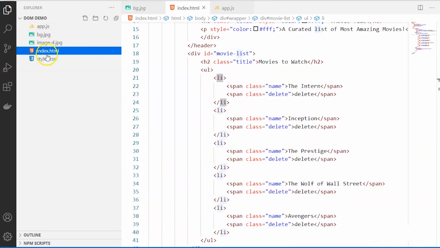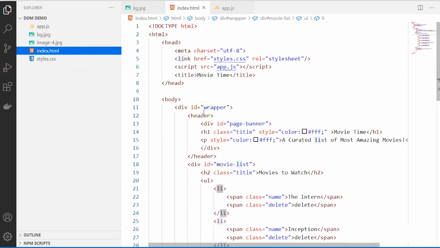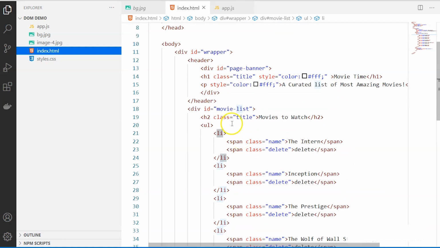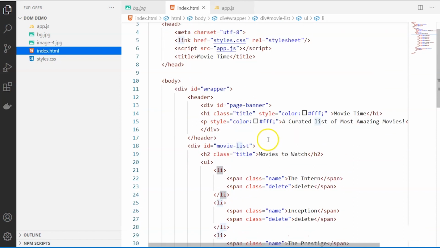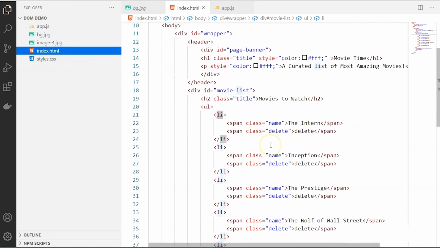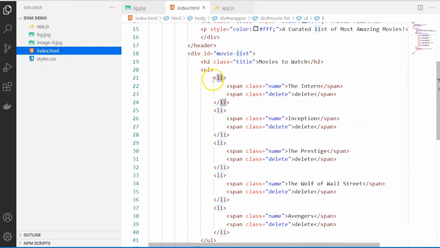So we first created this index.html. We created all the content, the head and body. Initially we didn't attach it with the style sheet as well as the script. Then we created those containers, the wrapper and page banner, so that we had the corresponding styles for all these. We also created a UL, an unordered list with all these list items.